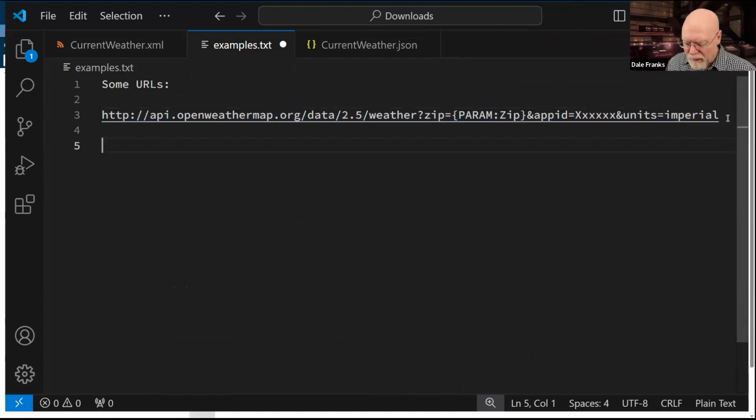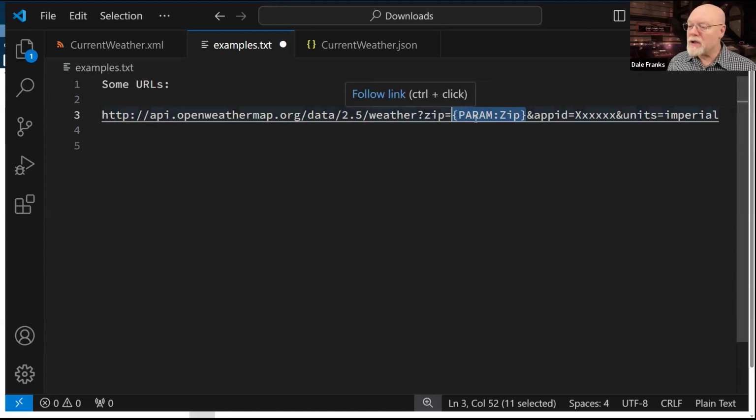There are a couple of different formats that we can use. In this particular case, I do have a parameter that I am using called zip, and that gets passed to the URL whenever the URL gets called, and it fills it in with the zip code. And this is how it gets local weather.